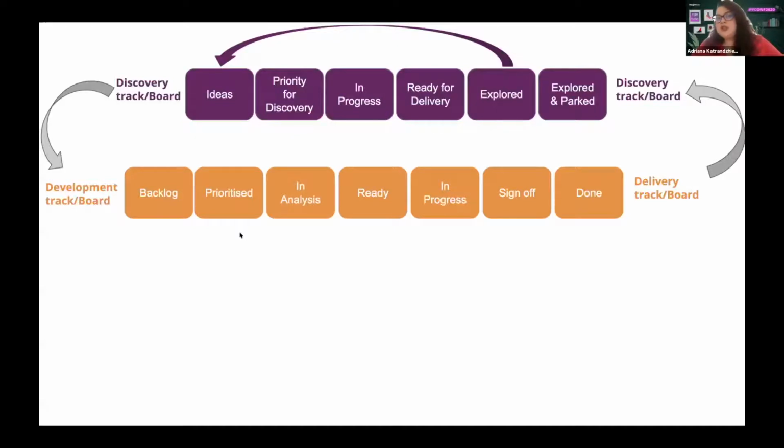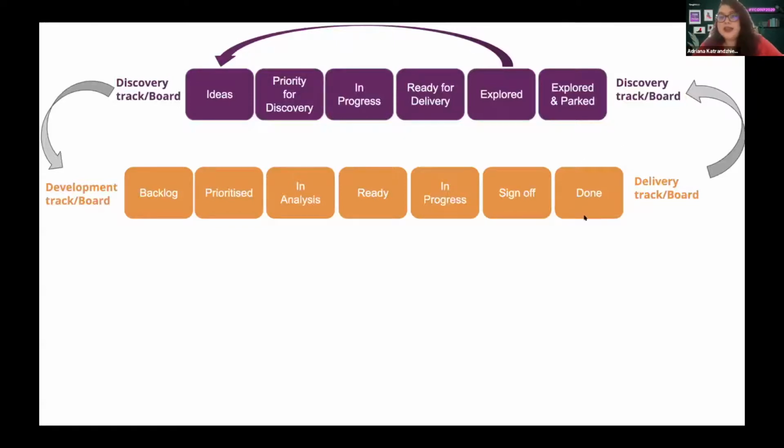And so essentially that, say the decision is to go into the development board, no matter what sort of method you're using, I suppose, Kanban or Scrum, it doesn't matter. You have some sort of way to track your items in your development. So this is our way of tracking it.